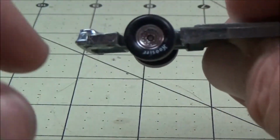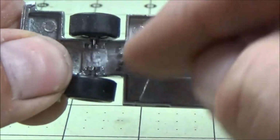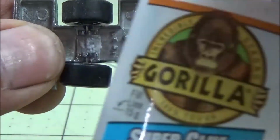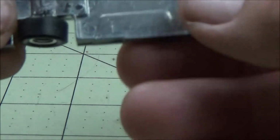All right, we got the base here. We went ahead and popped the old wheels off, and I put some racing slicks on the back. There, who's your racing slicks? I use super glue and baking soda. We're just going to put a drop on there and throw some baking soda over it,